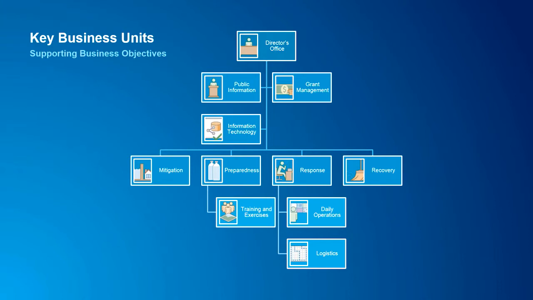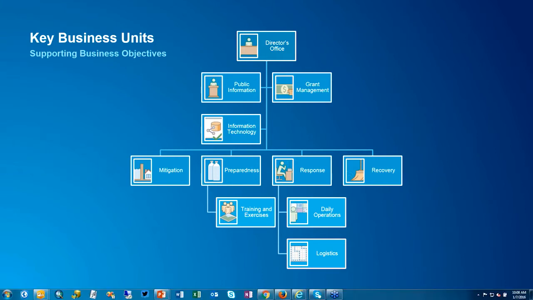How is training being affected? Are you training to using location information in your response? Are exercises being developed, and is your exercise team able to use that information in order to create exercises that drive this into the actual operation of your organization? Daily operations. How is location information being used to facilitate daily briefings, daily situational awareness, watches and warnings?